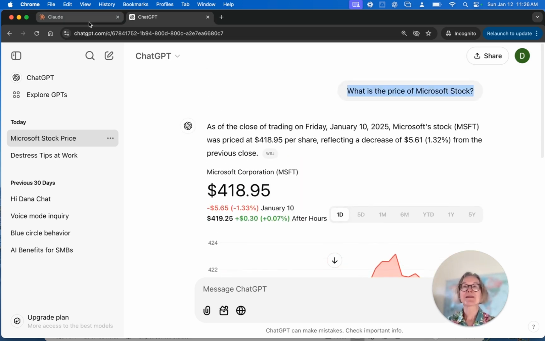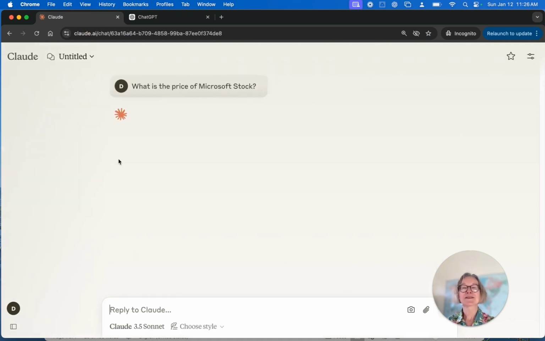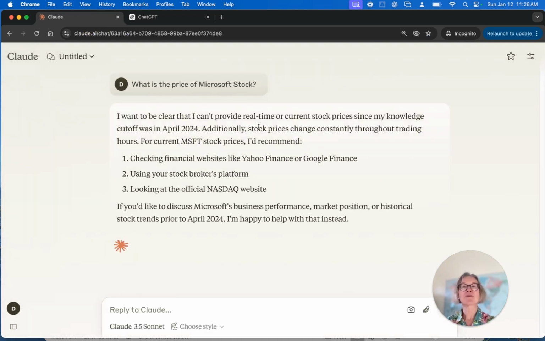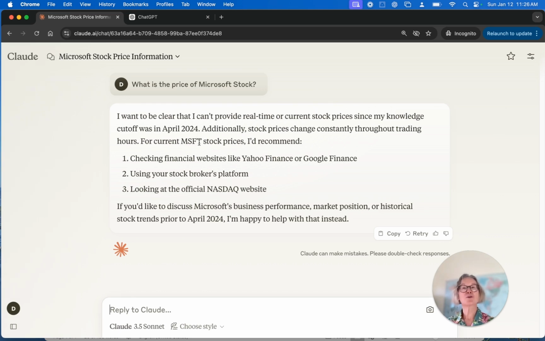If I ask that same question to Claude, let's see what it says. "I want to be clear that I can't provide real-time or current stock price information since my knowledge cutoff was April 2024." Okay, so what the cutoff date means is that anything before April 2024, Claude has been trained